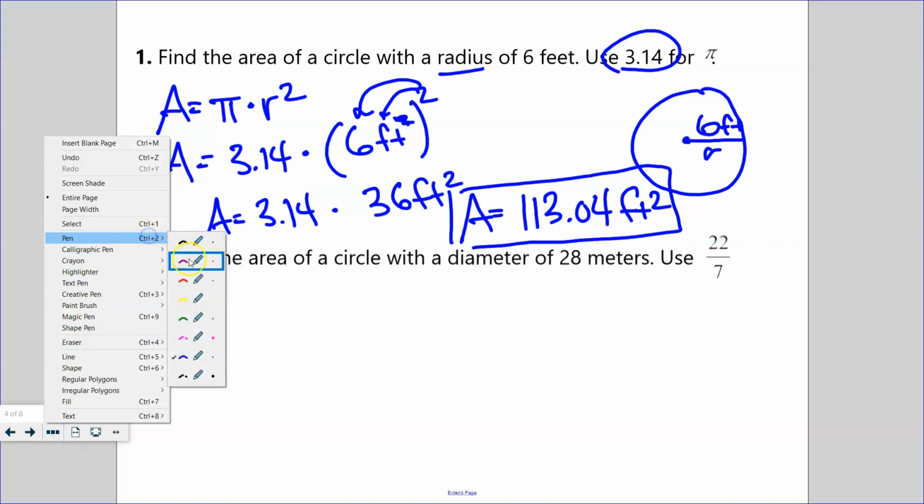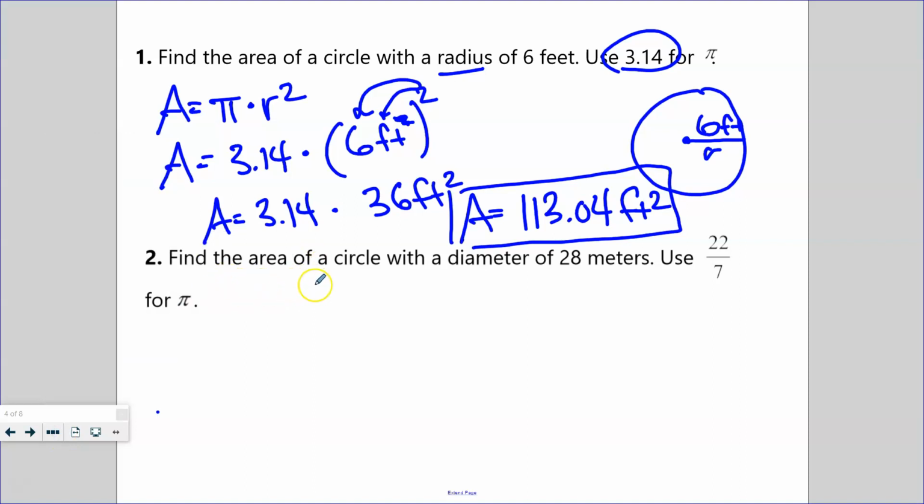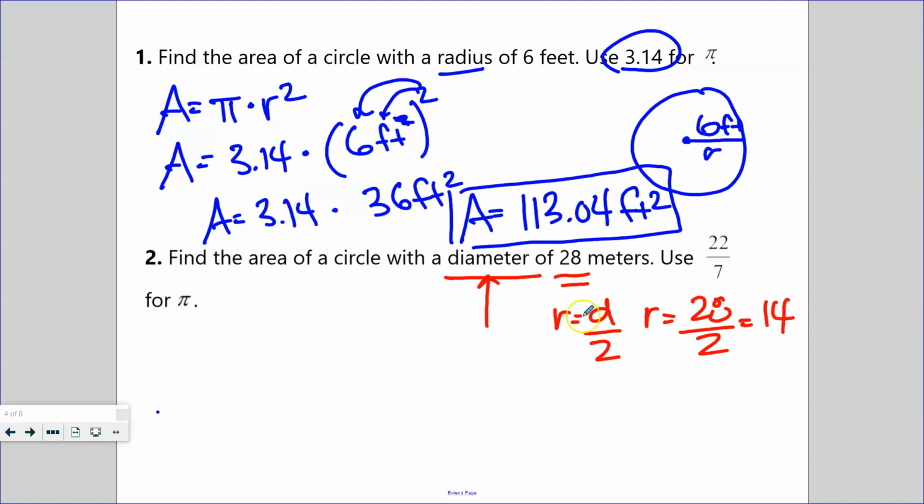All right, change pen color to keep it separate. Find the area of the circle with the diameter of 28 meters. We really need to read the sentence well to know what we're supposed to do. So we know that radius equals diameter divided by 2. So radius equals 28 divided by 2 equals 14. All right, so we have a circle with a radius of 14